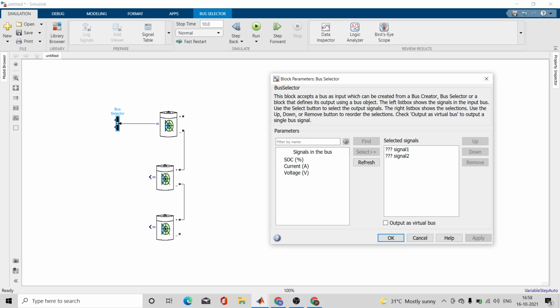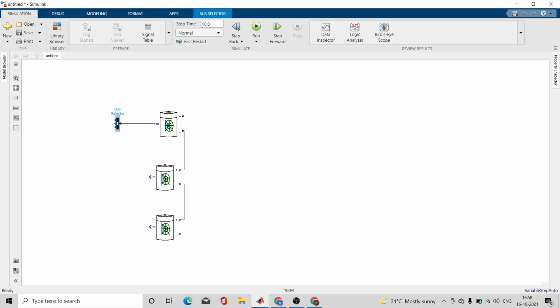So what I will do over here, I will delete these signals. These are random signals that I don't want, and I'll take all these signals. I will select it, and so now I will be able to view all these three. Here you can see that I have three signals available with me, and I can view them using a scope, or else I can display it. In the same way, I'll take a bus selector switch over here as well.